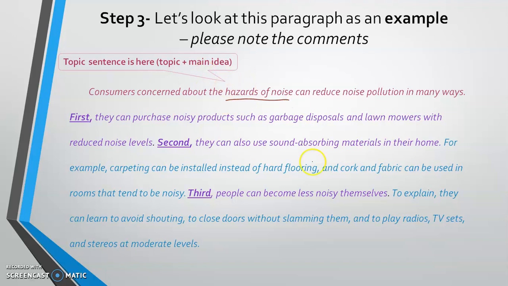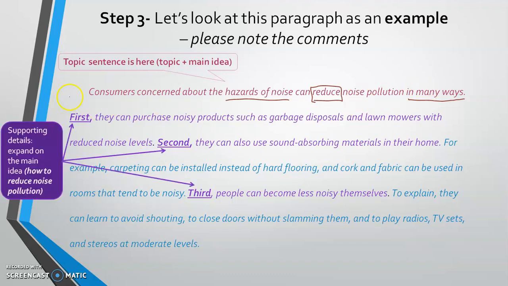And the paragraph's controlling idea is about the many ways in which we can reduce noise pollution to make noise pollution less. What are these ways? We can find them here. This is the first way, the second way, and the third way. Using these transitions, we introduced the 3 supporting